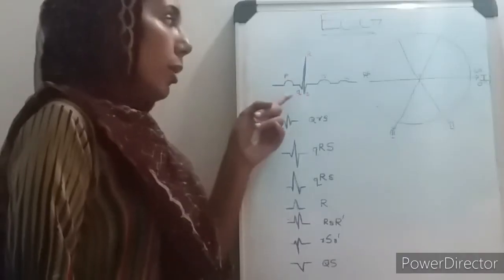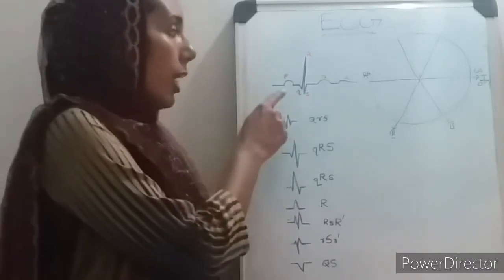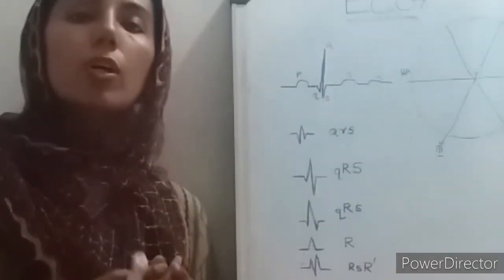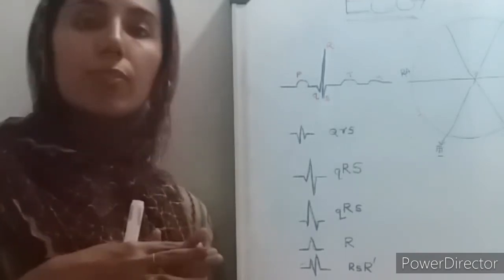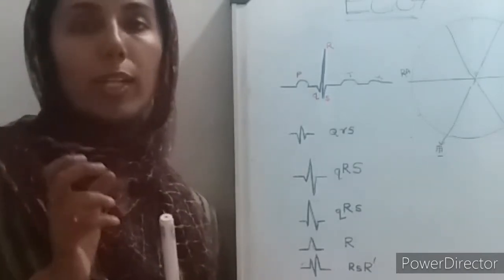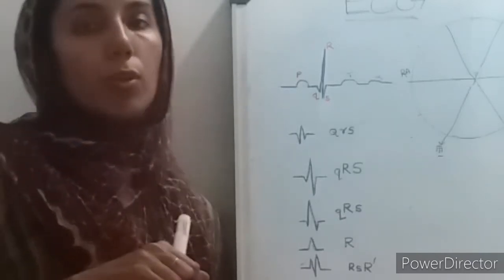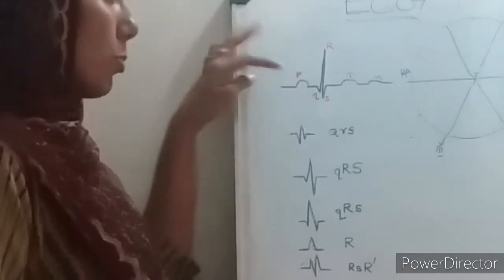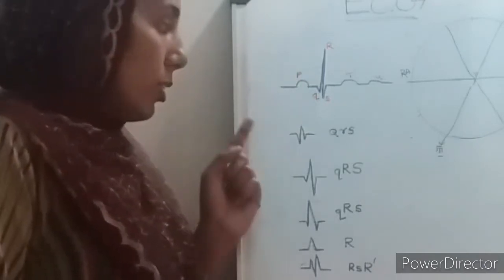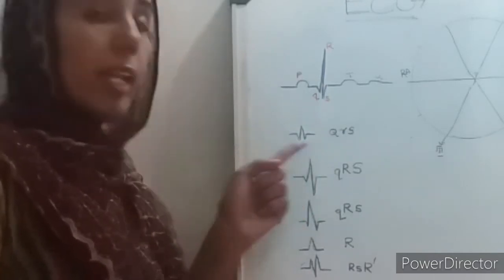Now, a bit into the details, the naming of the QRS complex is very important. Here I have written small q, big R and small s. It depends upon the size of the Q wave or the R wave. It is very subjective, but for small waves you use the lower case letter, the small q, and for bigger waves you use the capital Q. So if you see here, the Q is small, so we have put it as small q, capital R and small s. Now what is this wave out here? The Q is deep, so I put a capital Q, a small r and a small s.